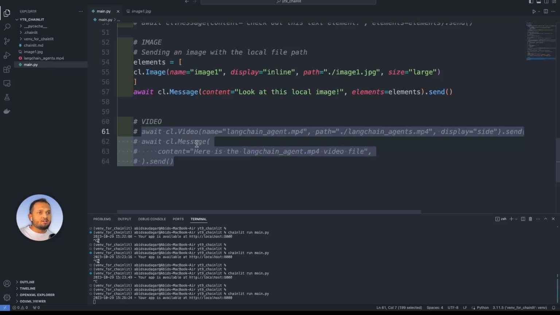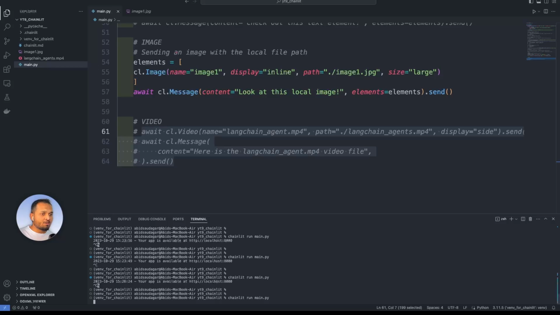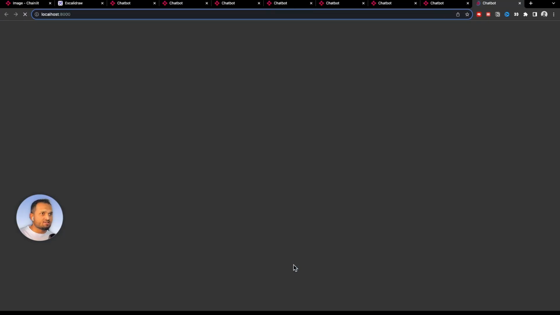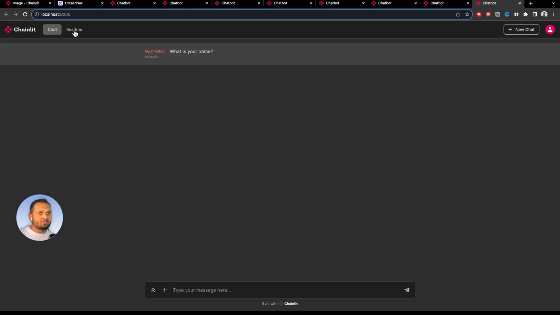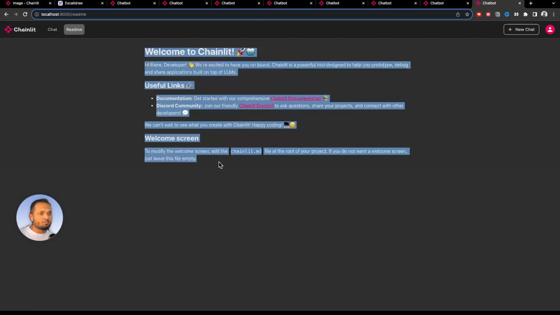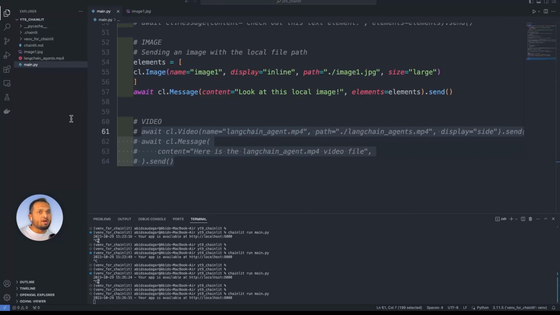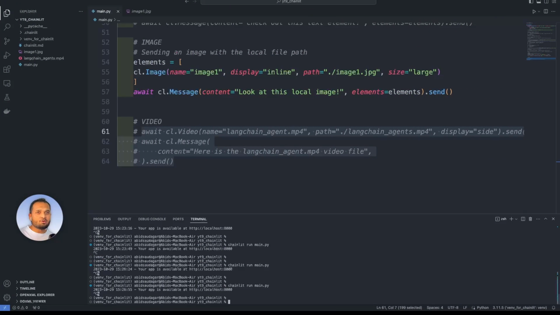Let's just save it. And if you have observed, once we are running this API, it is showing us this readme.md file for a second. If I click on this readme, it is giving me the information about Chainlit. So you can change it according to whatever you want. So how to change it? Just go back to our code file. Whenever you run this API for the first time, one file gets created here, which is called chainlit.md.